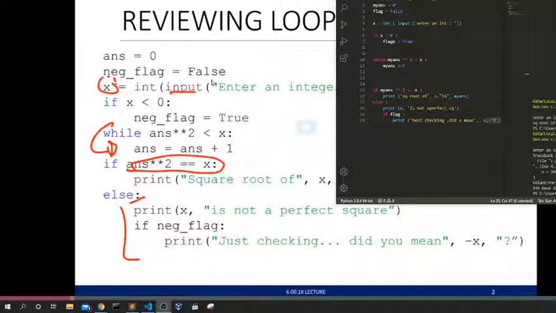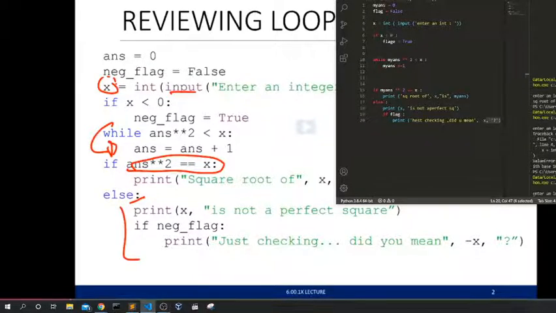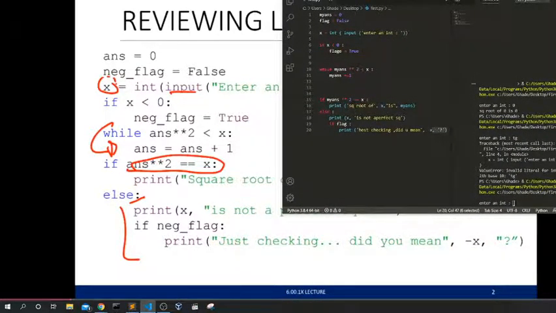It's simple math. I don't get it. Yeah, I don't care.